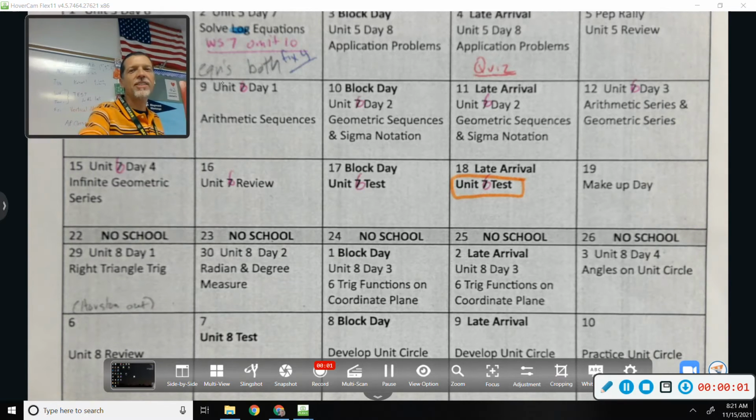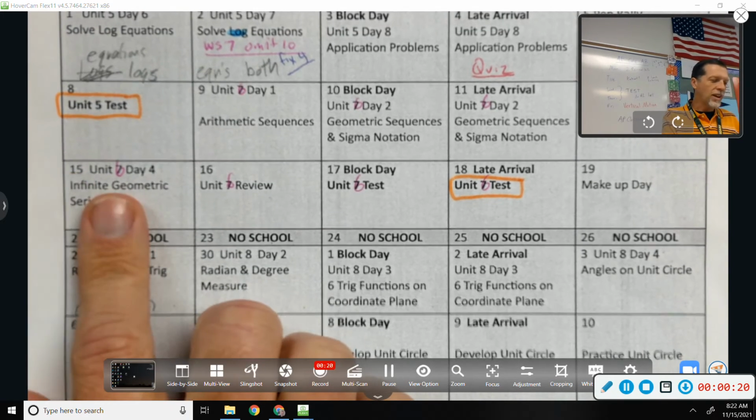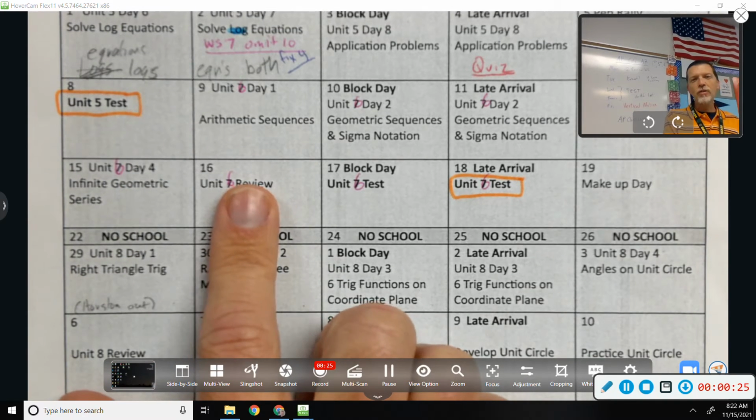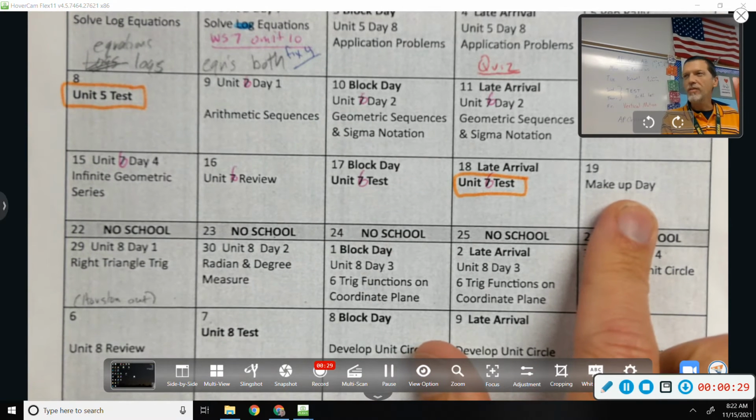Looking at the calendar first. Today is the last day of new stuff before Thanksgiving. It's not the last day of learning, because you might still learn some stuff before the test, but it's the last day of new information. And again, it's one of my favorite lessons of the year. Tuesday is review day, block day is test, Friday is catch-up day. The vast majority of you are caught up, so Friday will be